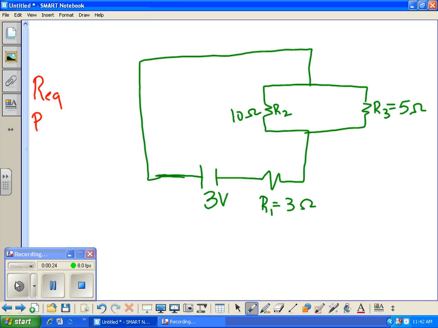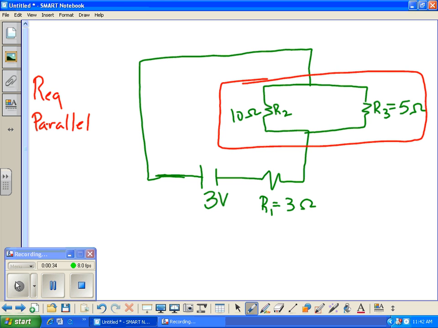So the REQ of the parallel part, which would be this part of the circuit. A 5 ohm and a 10 ohm in parallel we have just solved before and found that the total equivalent resistance, which is 1 over REQ, is equal to 1 over 10 plus 1 over 5. This is equal to, when I solve it all out,